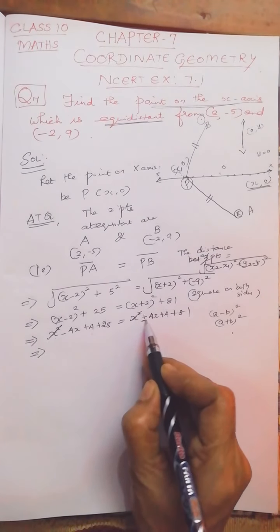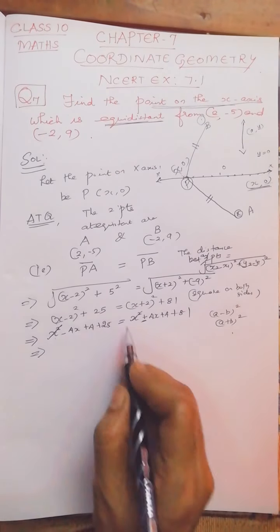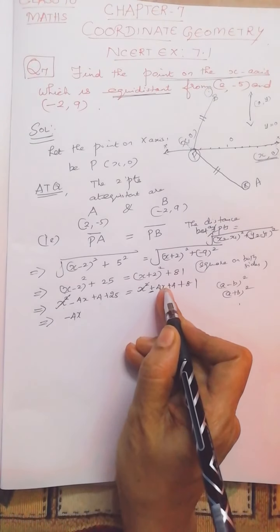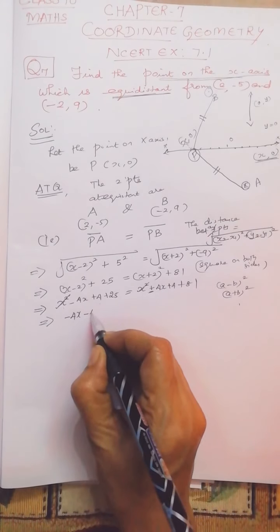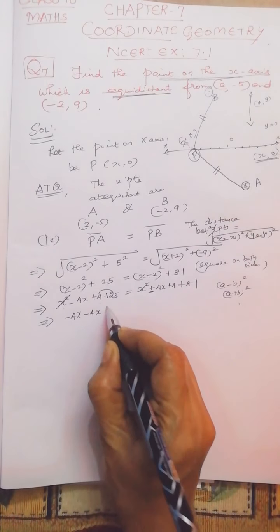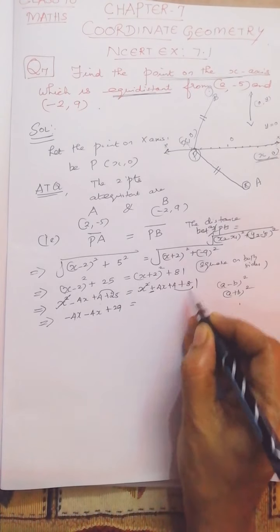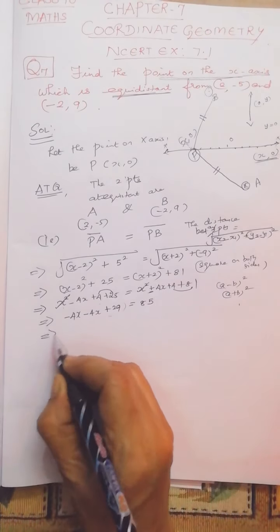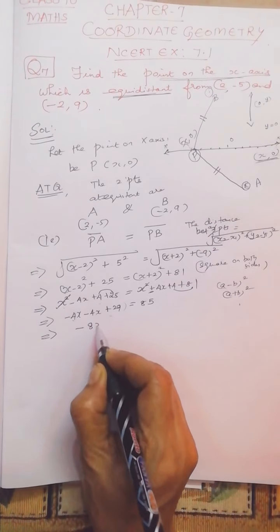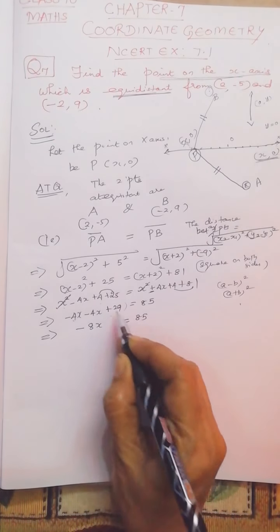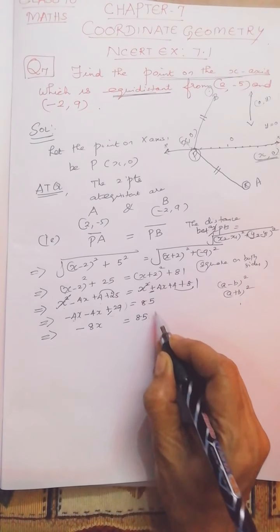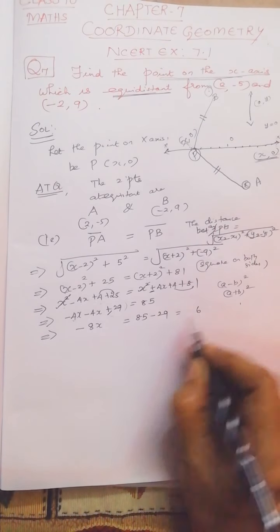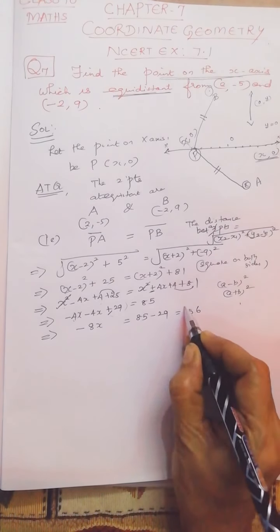Now this plus 4x, when it comes to this side, because you always have to keep the variable on the left side, becomes minus 4x. The minus 4x on the left stays as minus 4x. 25 plus 4 is 29. 81 plus 4 is 85. Now we take the constant term to the right side. Minus 4x and minus 4x, both negative, so minus 8x. Then 85, when this plus 29 gets transposed to the right side, becomes minus 29. 85 minus 29 is 56.